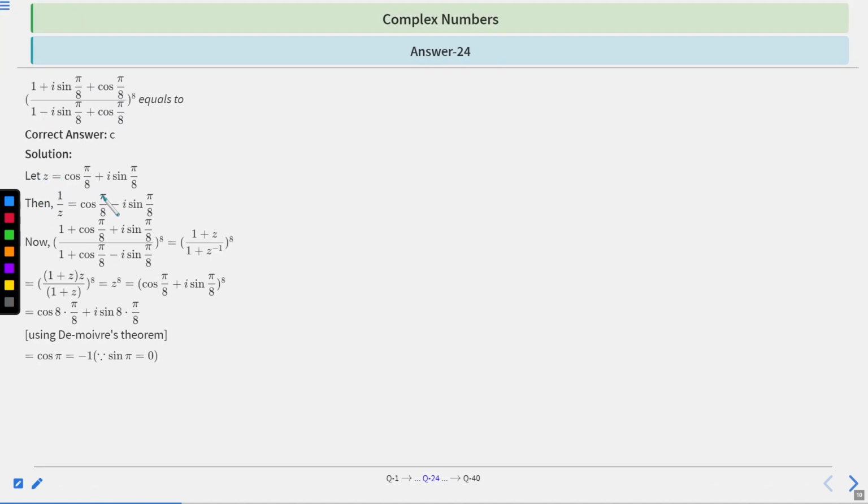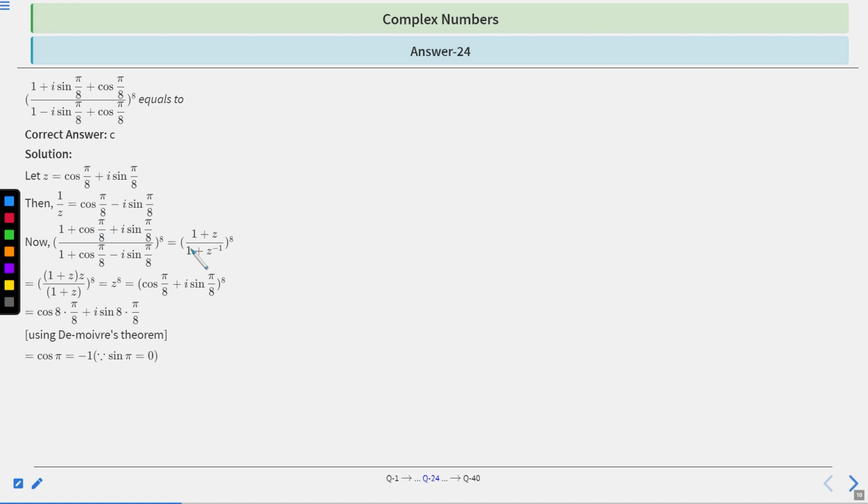Suppose z is equal to cos pi by 8 plus iota sin pi by 8, right. So what will be 1 by z? 1 by z will be cos pi by 8 minus iota sin pi by 8, right. So 1 by z can be calculated: 1 by z will be 1 by cos pi by 8 plus iota sin pi by 8. We can rationalize it, so multiply with cos pi by 8 minus iota sin pi by 8 upon cos pi by 8 minus iota sin pi by 8. Now we can calculate 1 plus cos pi by 8 plus iota sin pi by 8 upon 1 plus cos pi by 8 minus iota sin pi by 8,